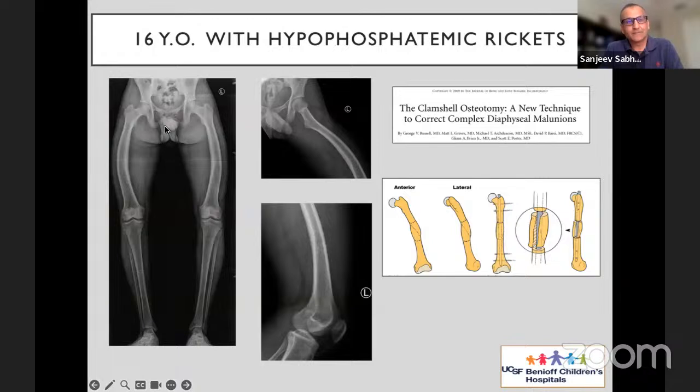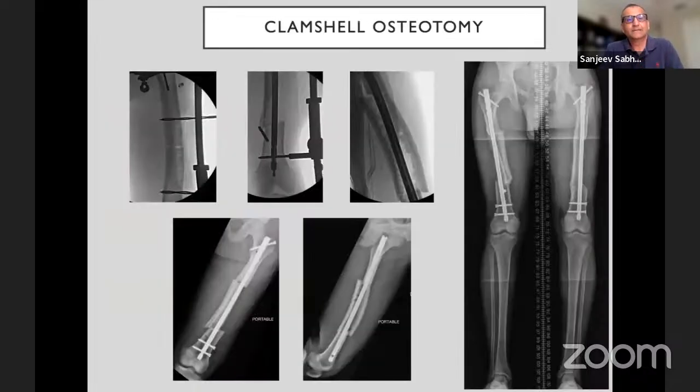So we could have easily done the same operation like we did in the last case, but here instead we did a fixator-assisted clamshell osteotomy. You lose a little bit more blood, but if people are just starting in this journey of doing deformity correction with nails, I think in some ways this is a slightly easier operation, but more blood loss. But you have to choose your start point and distal target for the nail anatomically. So if you start at the right spot and you end at the right spot and take care of the middle by just filleting open that middle segment